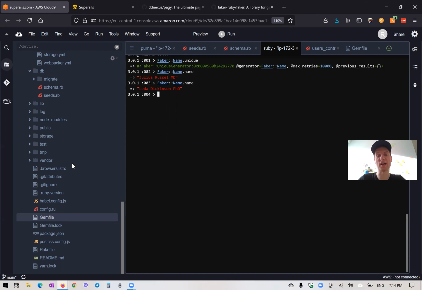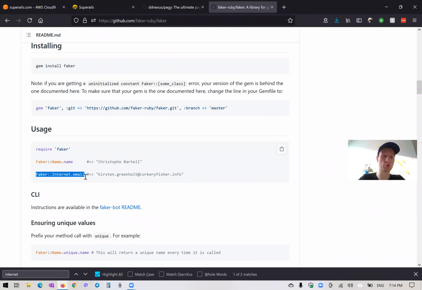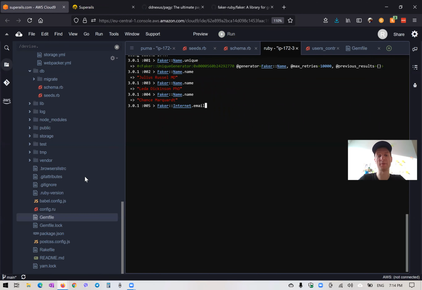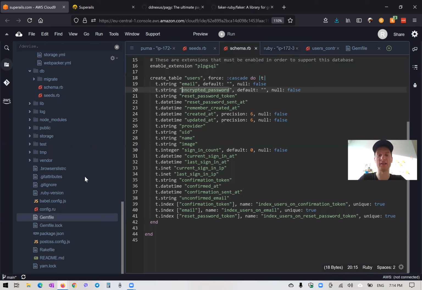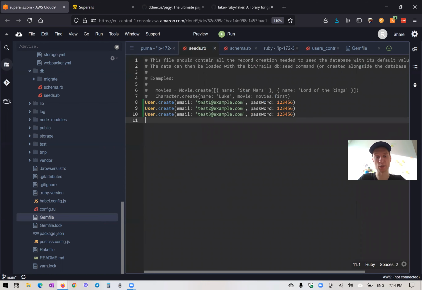And you see it is giving us random names each time we run the command. And the same is going to be with email. So if we type fake internet email, it is going to give us fake valid emails. Well, not emails of real people, but they pass email validations. So we can add this fake internet email into our seeds instead of this thing that we came up with